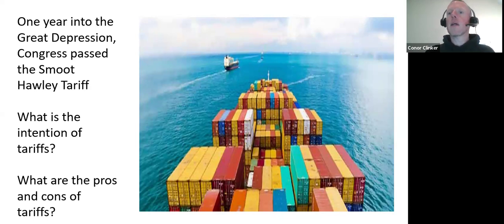Which one are you going to buy? You're going to buy the cheaper one. If you have two identical products of the same quality and one of them's $5, one of them's $15, you're going to buy the $5 shirt. And in doing so, you just benefited the Chinese manufacturer. You're not going to buy the American shirt because it's more expensive. Why would you waste your money, right? And when you do that, you buy cheap imports from China, let's say, rather than an American made product.